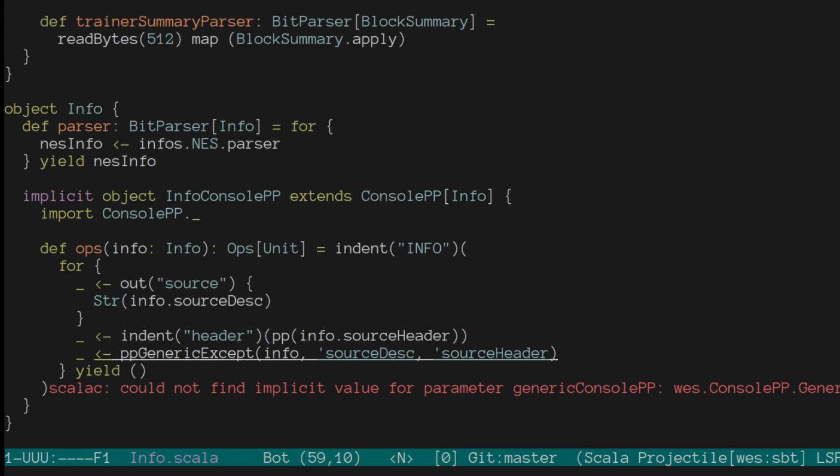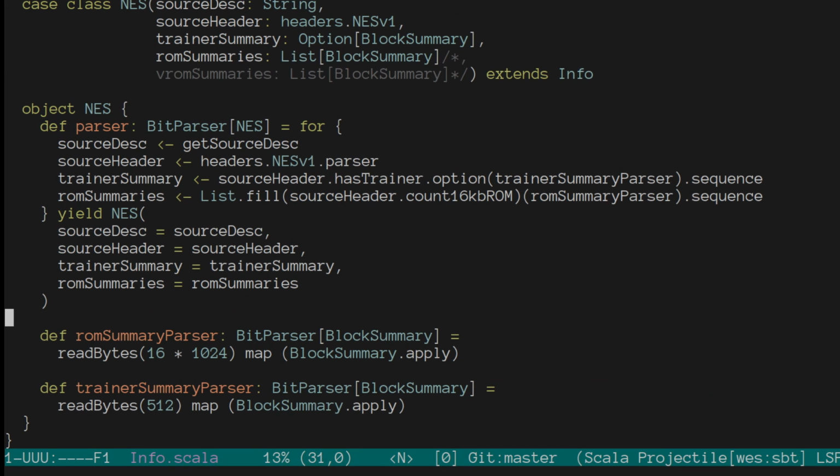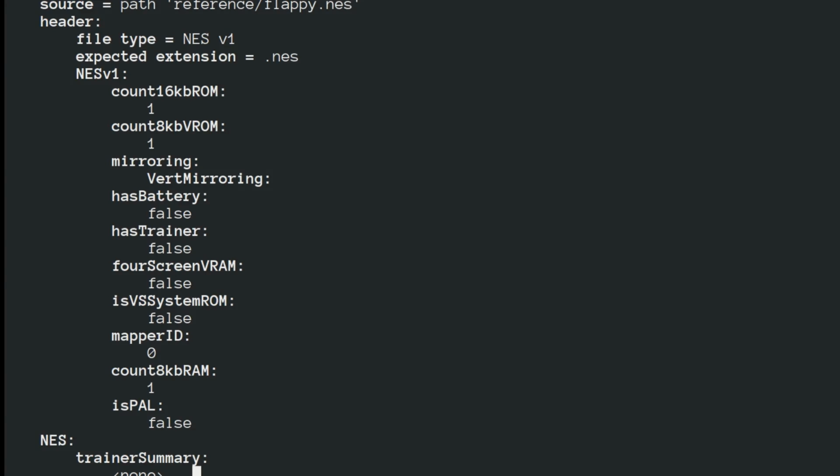Hi everybody. Getting back to this Nintendo emulator tool, WES, that I was developing on the weekend. When last I left off, I was talking about using generic programming to do pretty printing of structures automatically. To give you an idea what that looks like, I have some example output here,